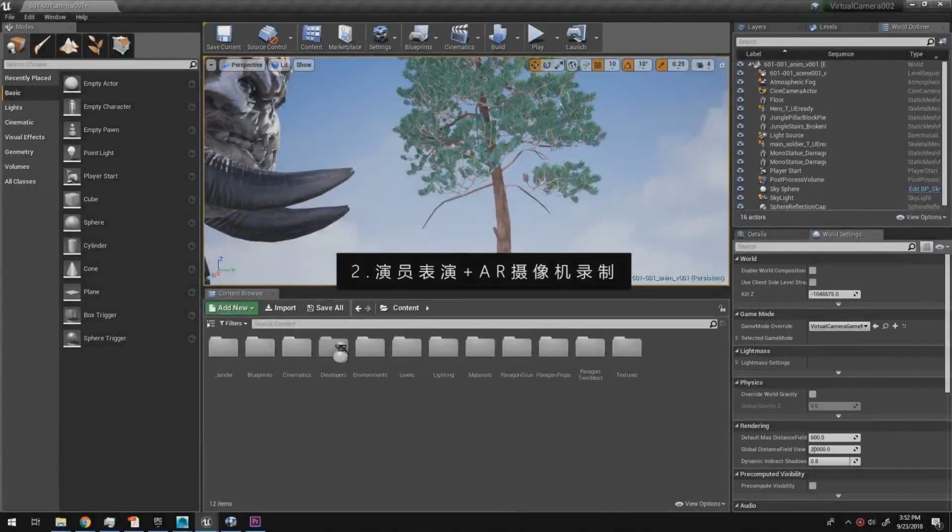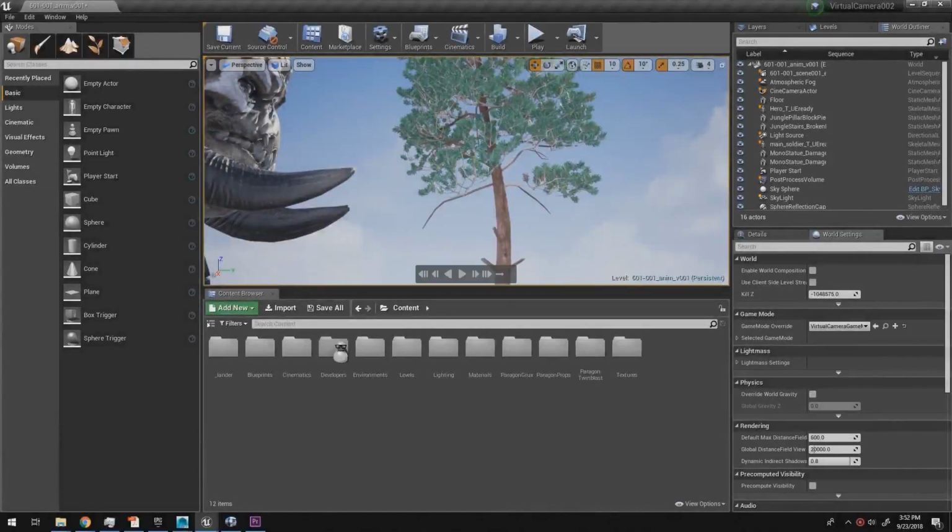Okay, now we have all the environment variables set up. Before we can actually shoot and capture, we need to get the character's performance ready. So basically, once we launch the app on our phone, we can only tweak the camera, but we need to get the character's performance ready so they can play on a loop and we can just shoot them from different